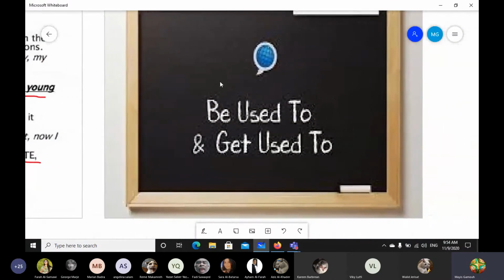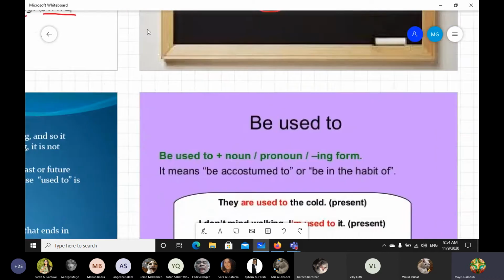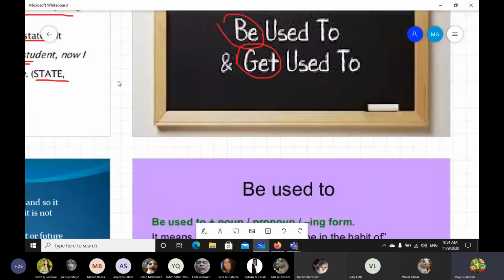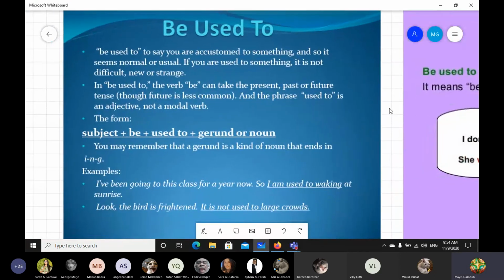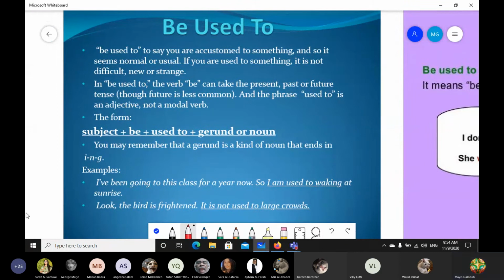هلا بننتقل لل be used to plus get used to. طلعوا في عنا الاختلاف ما بينهم اللي هو هنا في عندي be وهنا في عندي get. معناته إيش الاختلاف؟ في اختلاف ما بيناتهم. Let's go and talk about them. Here, let's first describe the be used to. هون لما أنا أحكي be used to